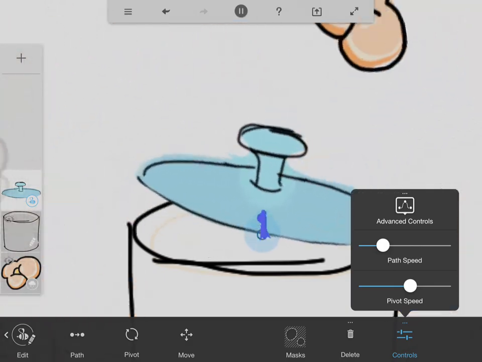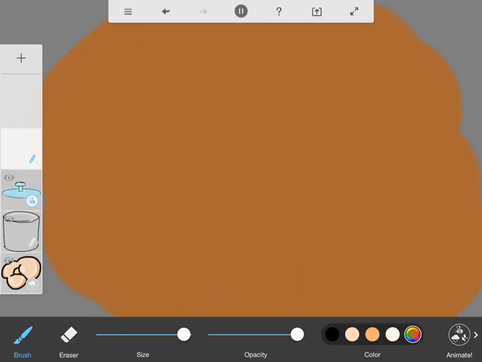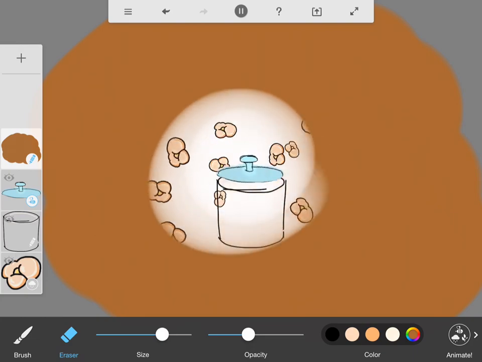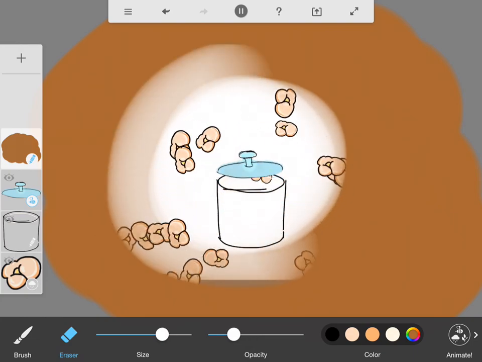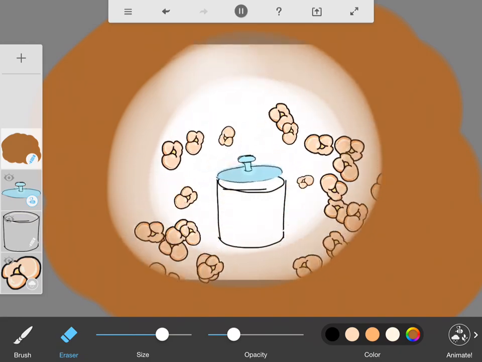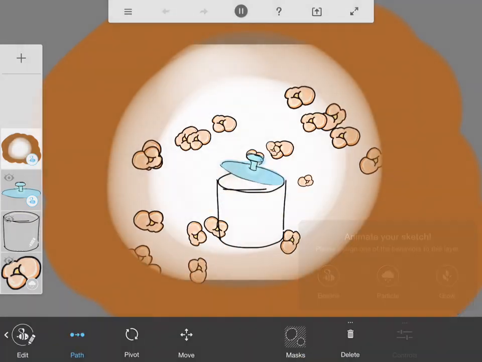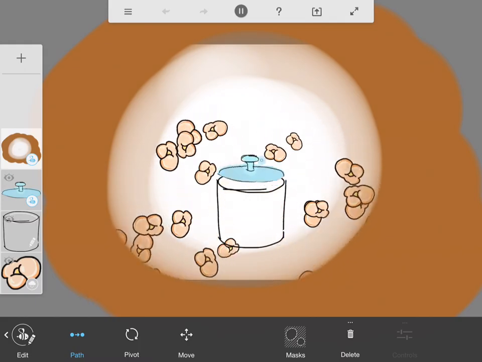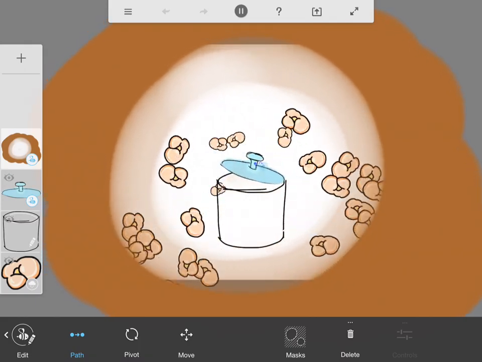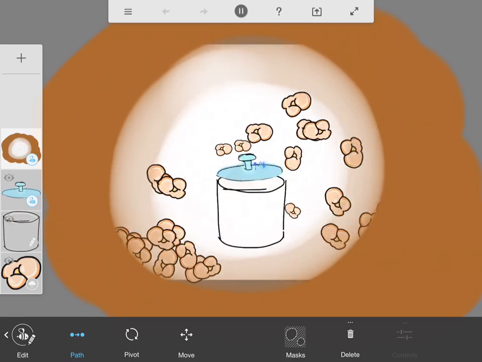Once I'm happy with the way this looks, I'm just going to create a brand new layer and fill it with this brown tone and erase some of the inside of this so we can see through to the animation. Using a very small opacity to create this kind of vignette. Then over in animation, I'm going to choose Beeline. And inside Beeline, I'm going to move this a little bit to give it a shake